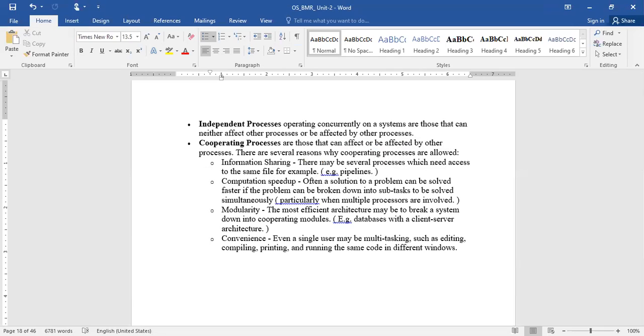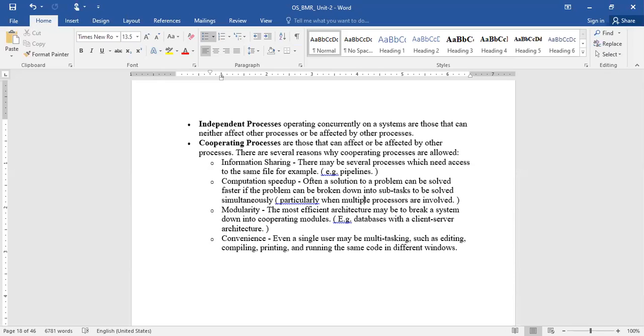And then computation speedup. Often a problem can be solved faster if it can be broken down into subtasks to be solved simultaneously. For example, if I want to organize a seminar, I divide the whole task into different parts, like registration and so on, and those parts are assigned to different people. Altogether, we are able to complete the task in less time and in an effective way.